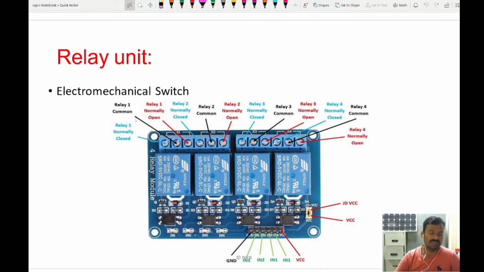So from the ThingSpeak, you can turn on or turn off the relay, so that the load can be turned on and off in your home. So from anywhere in the world, you can control the load in your house or in your particular place. So that is the purpose of the relay. So you can have two purposes: one, to manually control it from a remote place, and the second purpose, in case of any abnormal condition like over voltage or under voltage, or over current or low power factor,